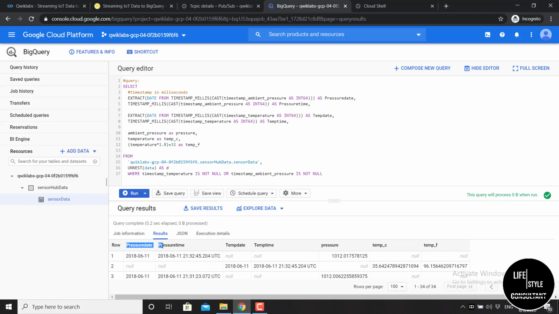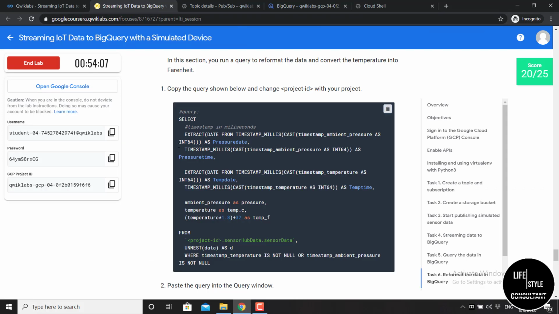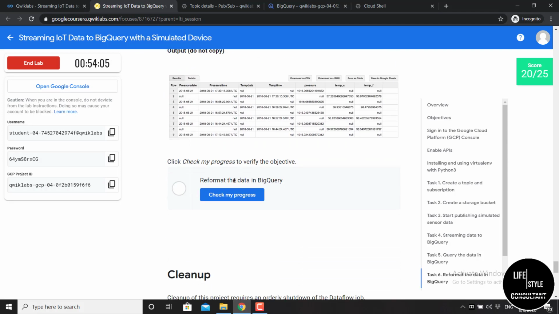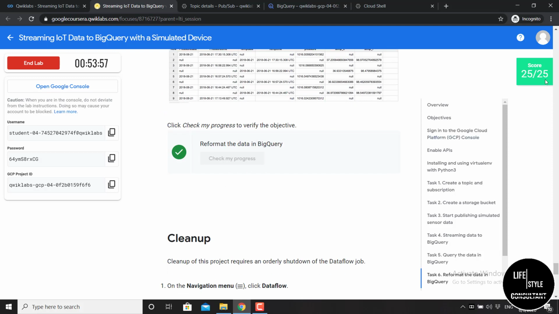Here is the pressure date, pressure time, temp date, temp time. Now go to your assignment instruction tab and click here, check my progress. Okay, you can see a green signal here. That means we have completed task 6 also and we have scored 25 out of 25.